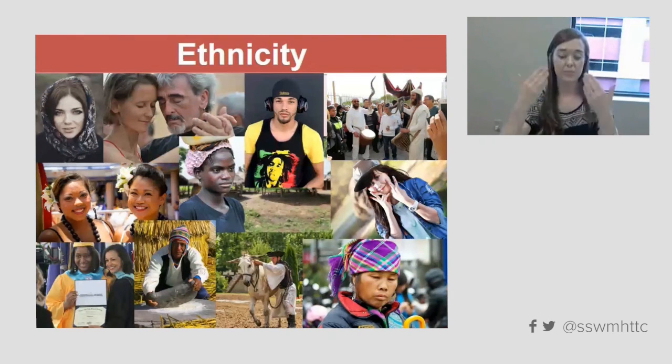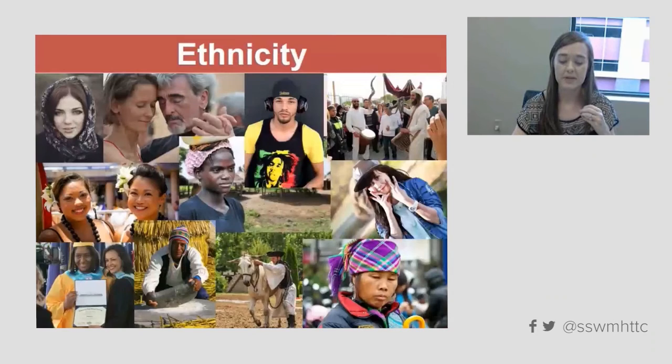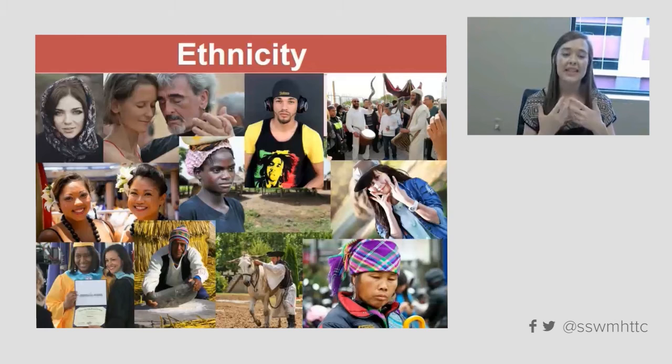So race, again, is purely physical characteristics. That's why I chose these pictures, just showing the skulls, and all you can see, you don't know anything about these people in the photographs other than some of their physical characteristics. Ethnicity is more about how individuals identify with a particular group, okay? So within ethnicity, things that can